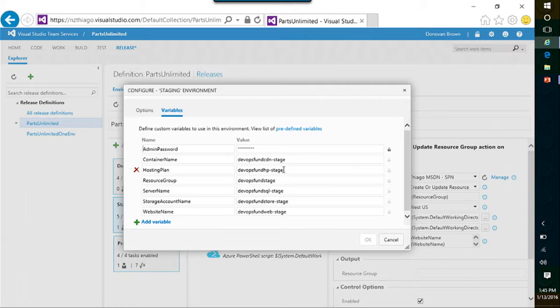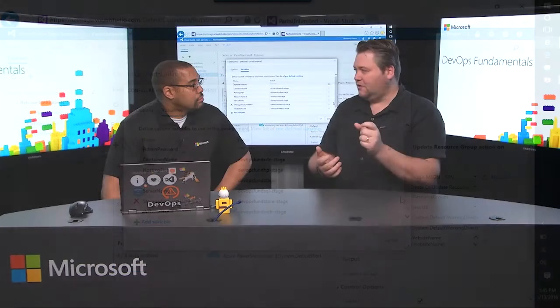Yeah, and we also have the admin password for the database. So Parts Unlimited, half of it is a web app that gets deployed to an Azure web app, and the other part is a SQL database. Okay. So we use the admin password from here that gets passed into the resource group step. Perfect. And then it creates a database with that password and then takes that and creates a connection string to